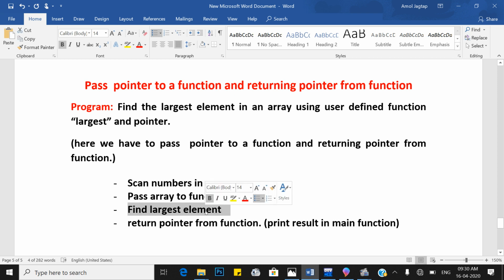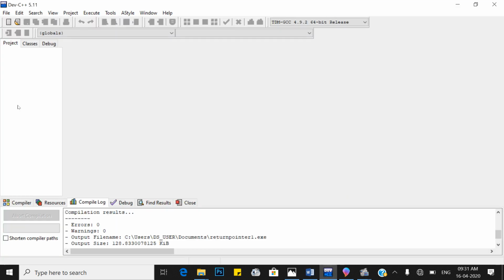The logic regarding how to find the largest element we have to write into the largest function, then return pointer from the function. So that function largest returns a pointer type variable, which is the largest element in that array, and print which one is the largest in the main function. That is our program.